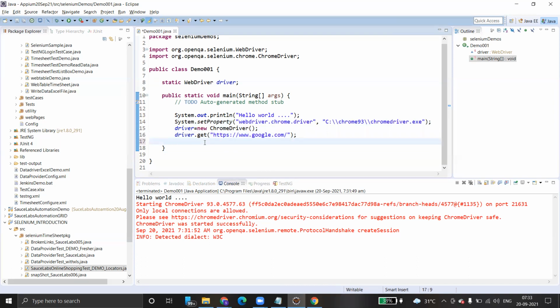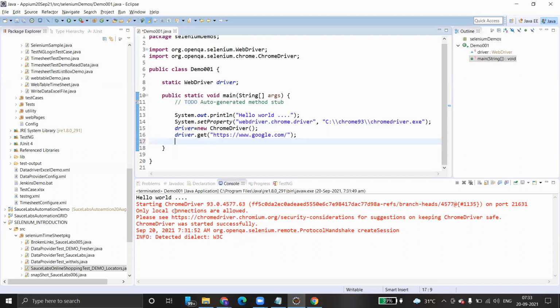By default, Chrome driver version 89 is present. That doesn't work. We wanted a different one. Correct.